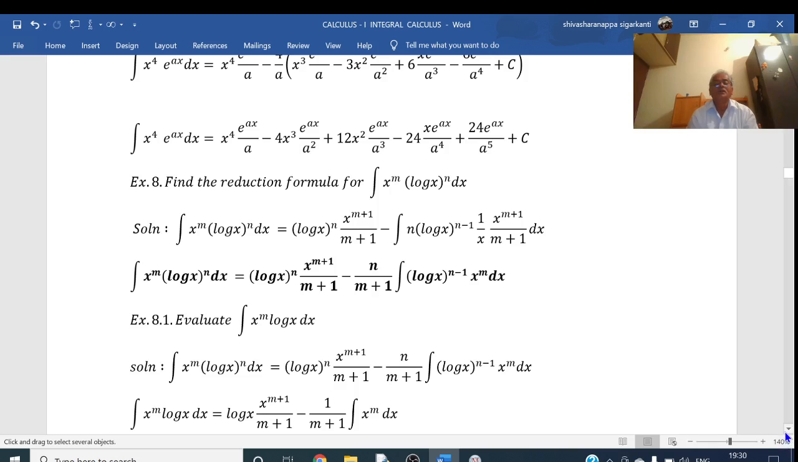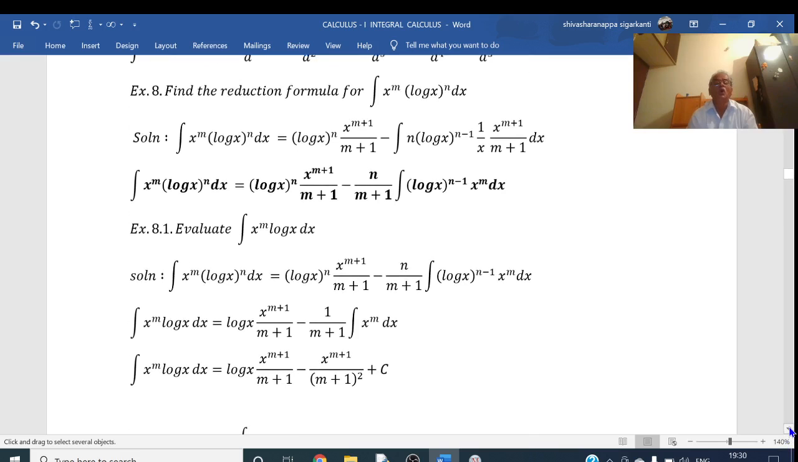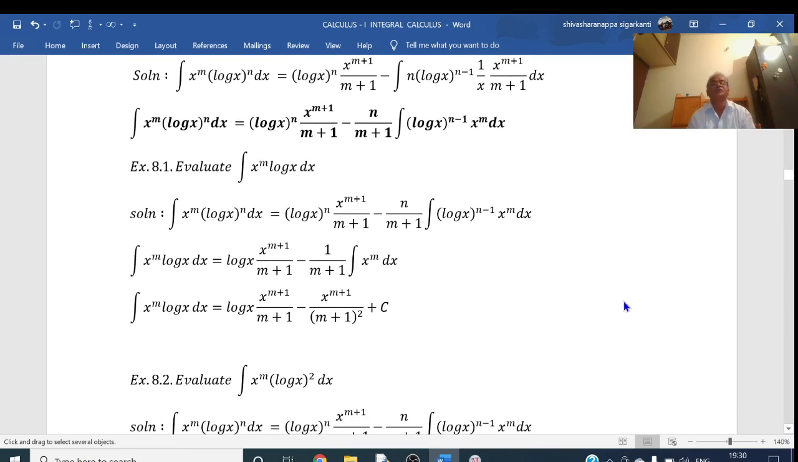Example, evaluate the integral of x power of m into log x dx. So here my n is equal to 1. Substituting n equal to 1, we get here log x into x raised to m plus 1 by m plus 1, minus 1 by m plus 1 into, n equal to 1, so this becomes 1,